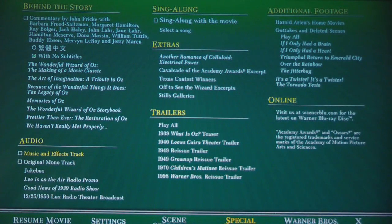And the first part of the audio section is music and effects track. And basically all that is, if you turn it on, all you will hear is the music and the special effects track. And it cuts out all the dialogue. And the next one is the original mono track, which is non-stereo, just basic mono. And the one after that is called a jukebox. And what this is